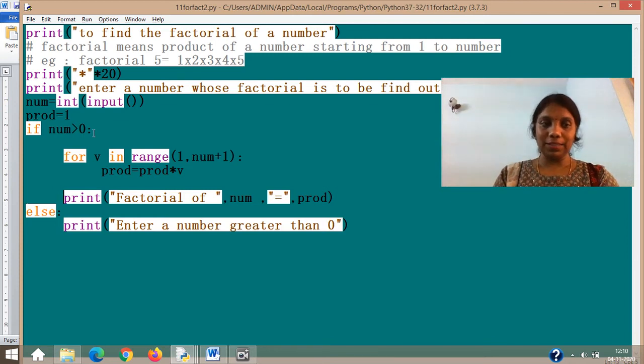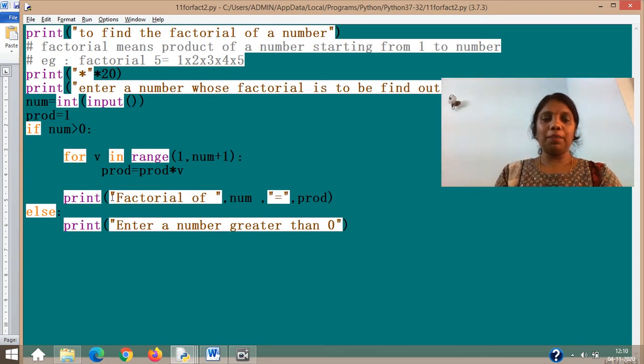If num is greater than 0, the condition will be satisfied, and only then will you be able to enter into this range. So this time the factorial is found only if the number we entered is greater than 0. In the other case, even if it is 0, it will work, and you can see the logical error which is going to come.